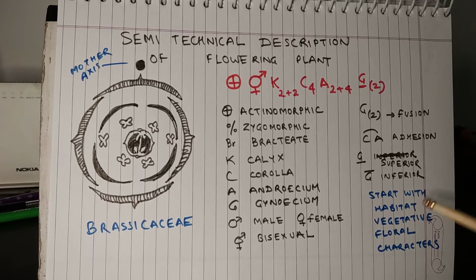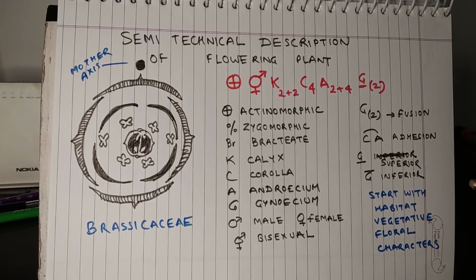In habitat you will write where the plant lives, in which type of environment it proliferates. After that, you have to write the vegetative characters of the plant. So whether the plant is perennial or not, is it a woody plant, or a shrub, or a herb. Then you will have to write the floral characters, because floral characters give the majority of the clues